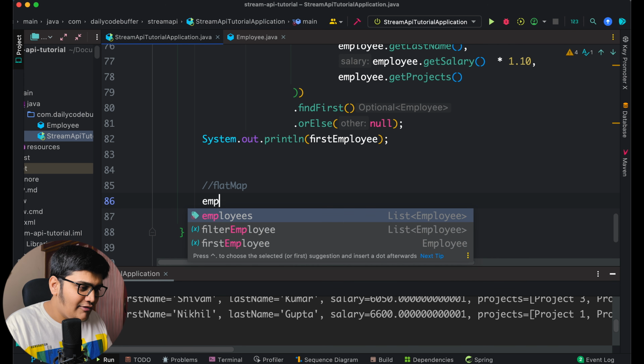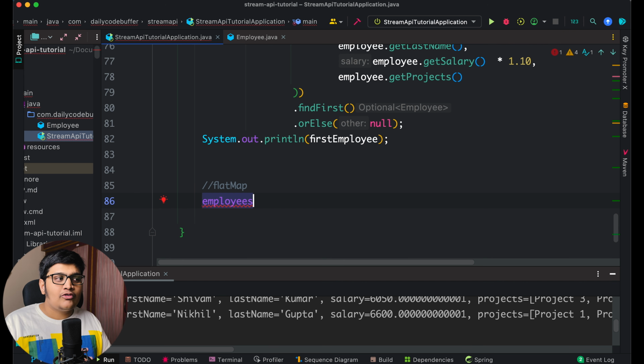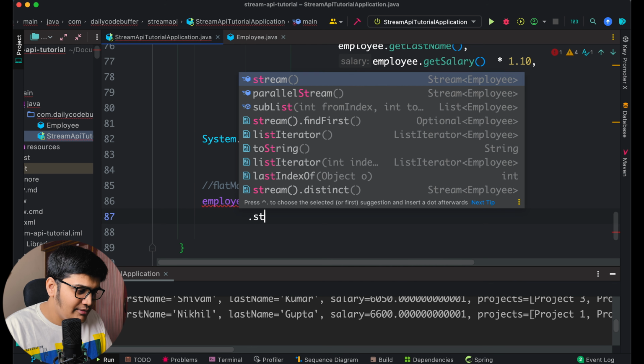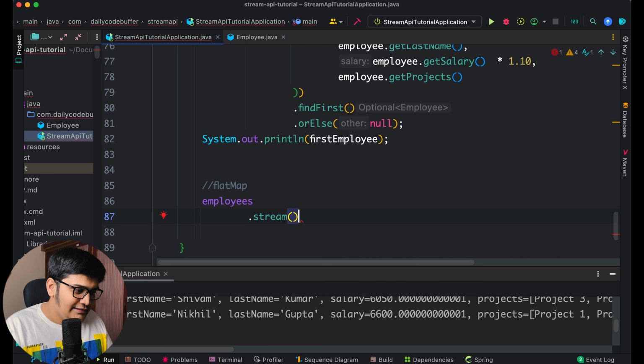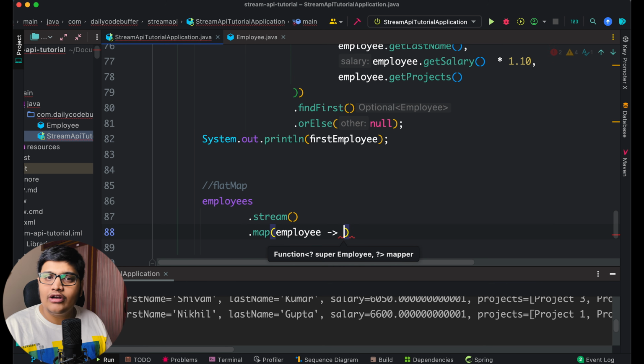So what I'm trying to do is get all the projects that I have. All the employees have a list of projects within that particular object, but what I want is that entire list directly, direct strings. So what I will do is employees.stream, then I'll map everything. I don't want the entire object, I want just a list. So from that entire employee object, I'm just getting the employee.get